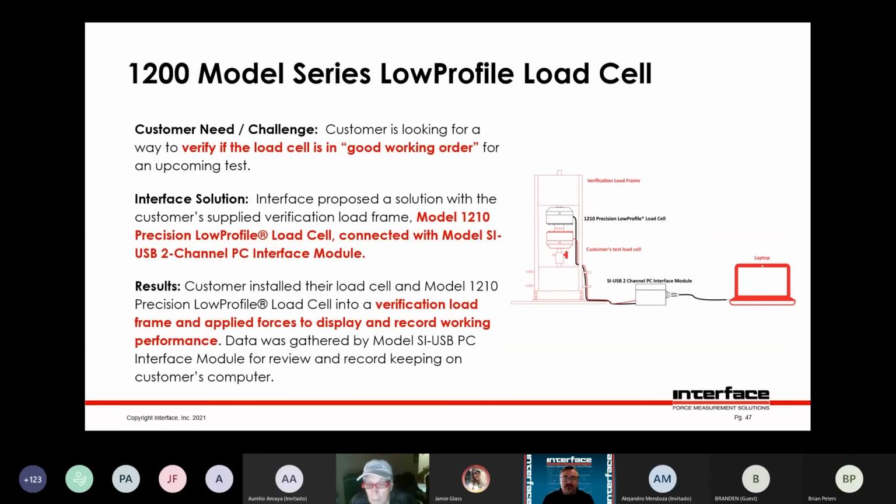So a system like this may have some bending loads in it or whatever. It doesn't really matter. It'll be fairly impervious to it. Apply a load and see, does the load cell do what you expect it to? If it does, great, put it back in. Now you've got to troubleshoot something else in the system. If the load cell isn't doing what you expected, maybe you need to replace it. A lot of things like this can be done to help troubleshooting and prevent having to send something back to get checked.